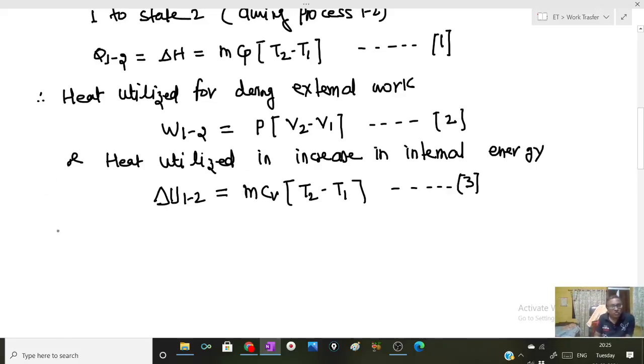Now the gas is undergoing a process 1 to 2. So I can apply first law for a system, particularly closed system, because in our case the gas is heated in a closed container, so it will be treated as a closed system. So applying first law for a closed system